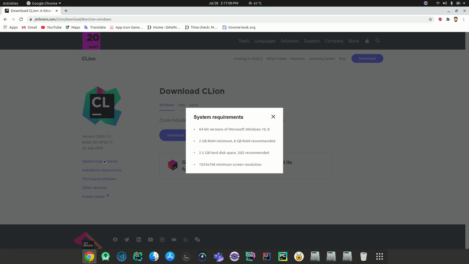Talking about the system requirements, as this is a robust and modern IDE, it requires lots of resources, to be honest. It requires 64-bit versions of Microsoft Windows 10 and 8. It is not supported on 32-bit systems. It requires 2 GB of minimum RAM, while 8 GB is recommended. You will have to have